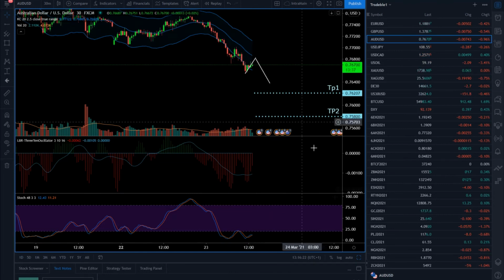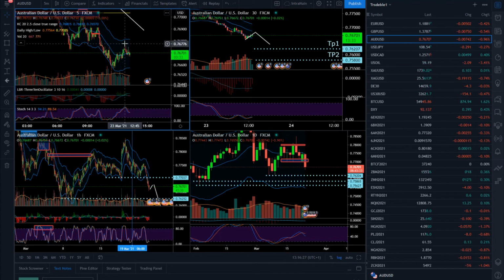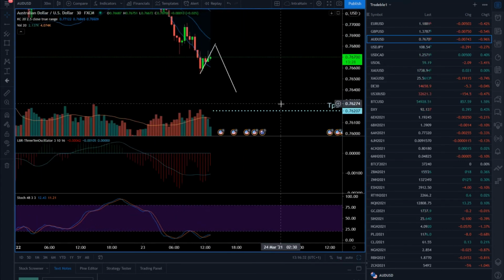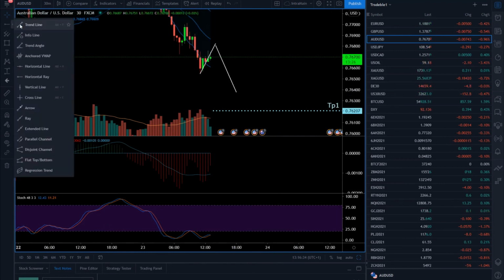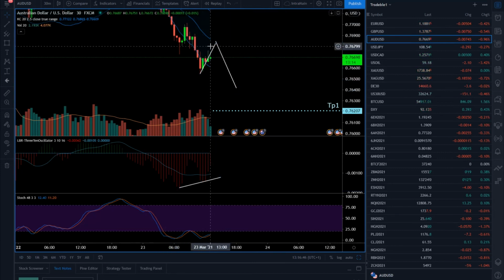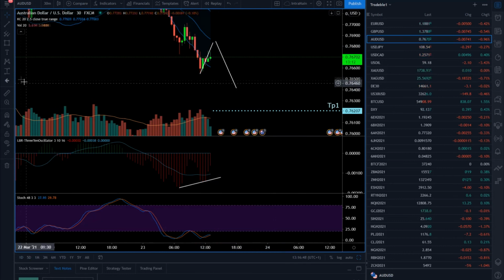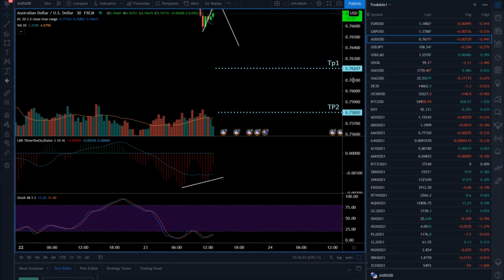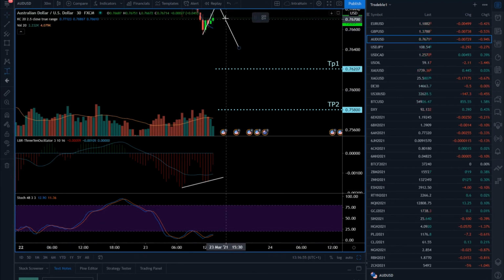But I would like a little bit more rally before I make the sell decision, to get closer to the 30-minute middle Keltner line. We found that there was a divergence on the 30-minute as well, so I would like to see a test of this 30-minute middle Keltner line, or if you're using the Bollinger Bands, the middle of the Bollinger Bands, and then watch for a sell from there with a potential target. At that point it can be about 55 to even 100 pips of potential, right